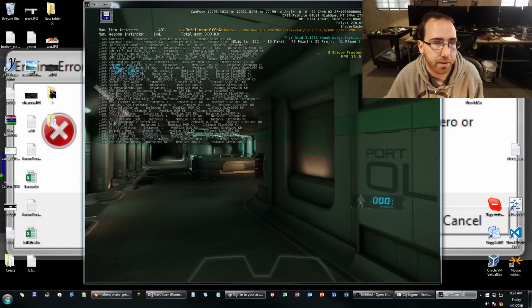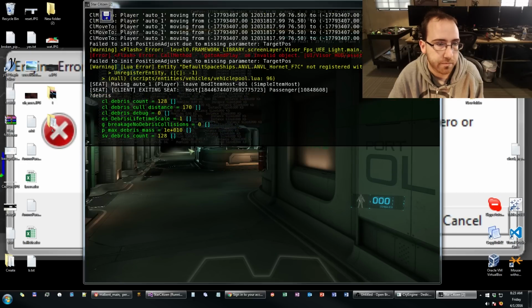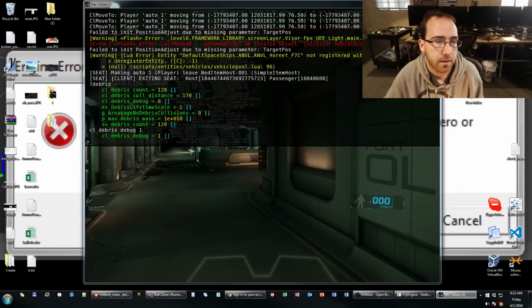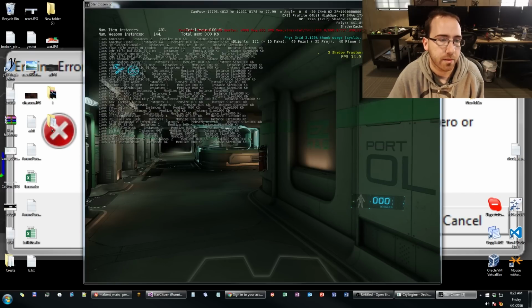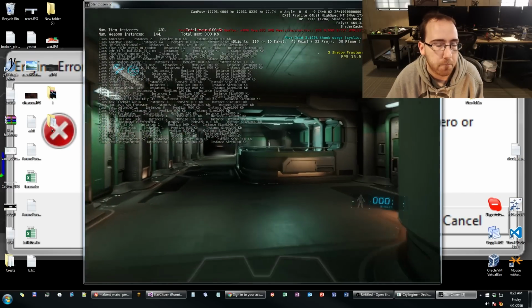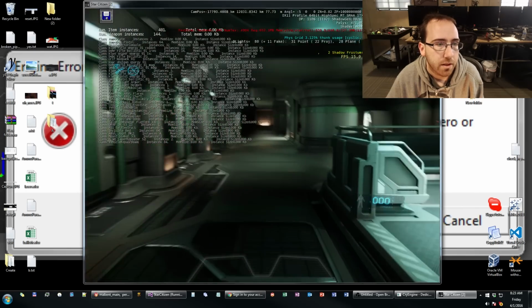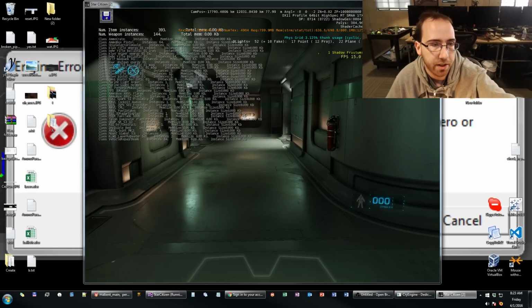So we're gonna wait for the debris. Let's see. So we still have some debris. It takes about 60 seconds for it to go away. So we'll wait for it to go bye-bye. We still have 8 instances. Oh, all the debris pieces just vanished, and if you notice, we still have all of these HUD items on